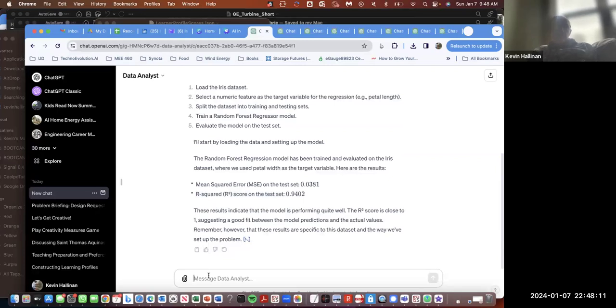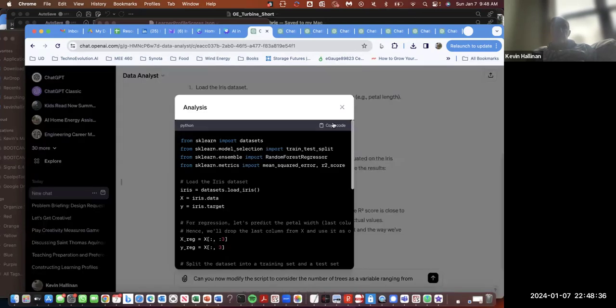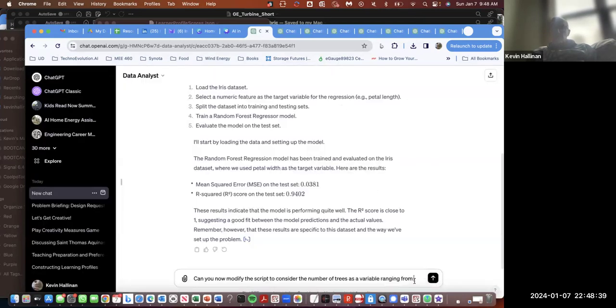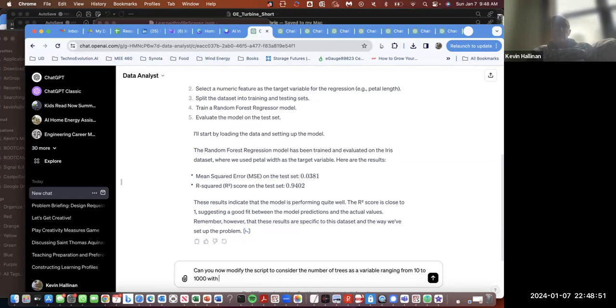So I might say, can you now modify the script to consider the number of trees as a variable ranging from, oh, by the way, if I wanted to save this script, I just copy the code and paste it onto my local drive, as a variable ranging from